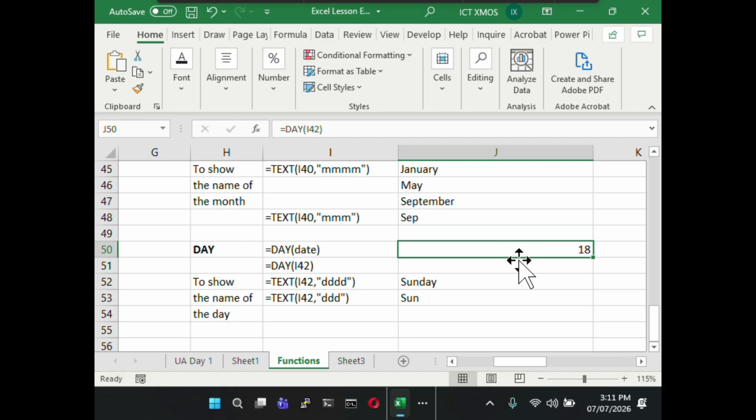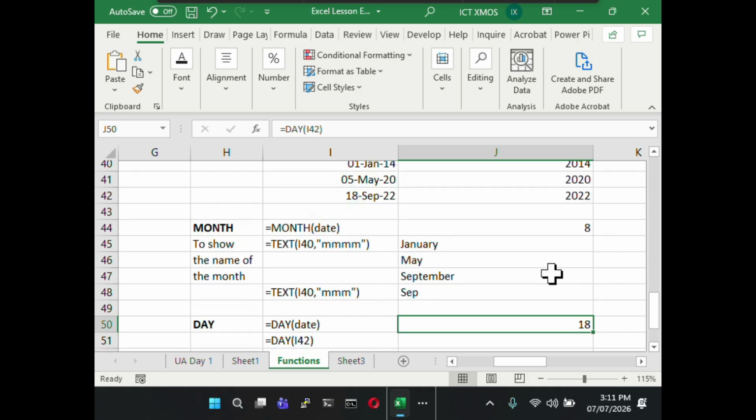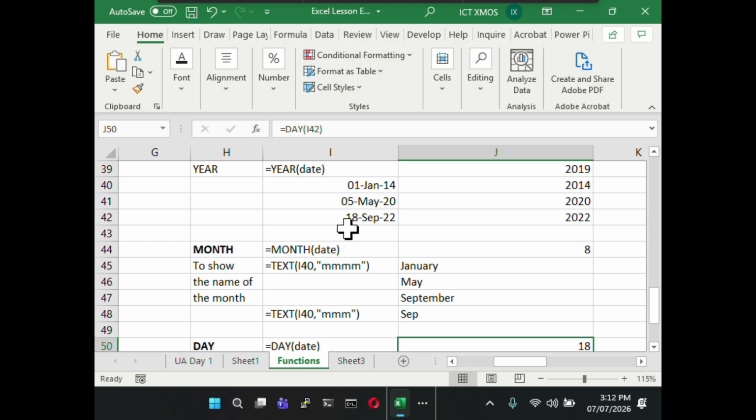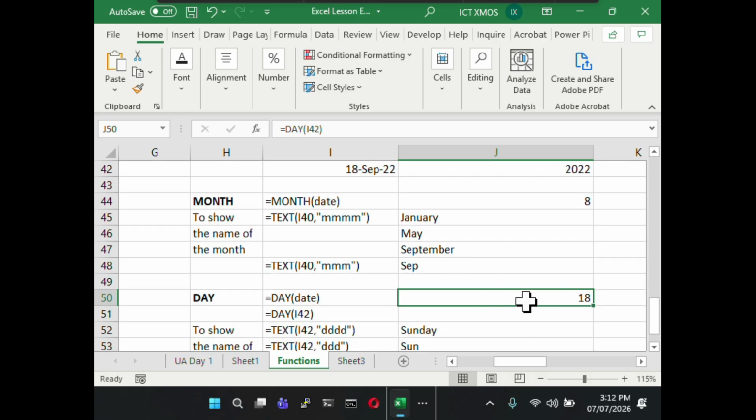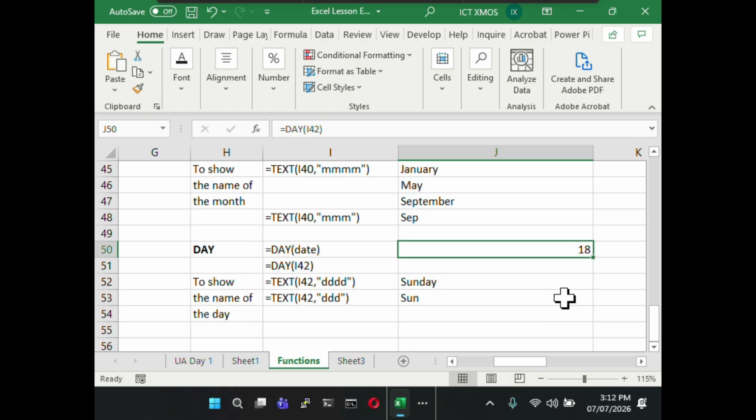Day is the same formula. Day equal to day, open bracket, then the date, close bracket. It will give you the day of the date. Like I reference this 18th of September 2022. It only picked 18th of that date, which is the number, the day of the month. Now, to find out which day of the week, what's the name of the day of 18th of September,